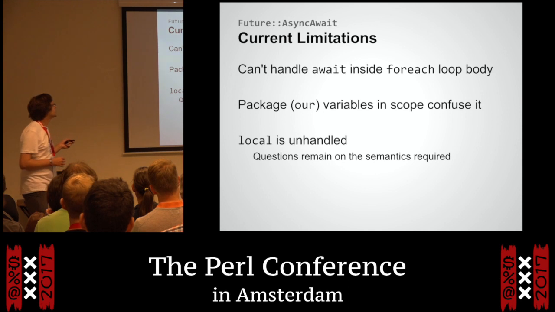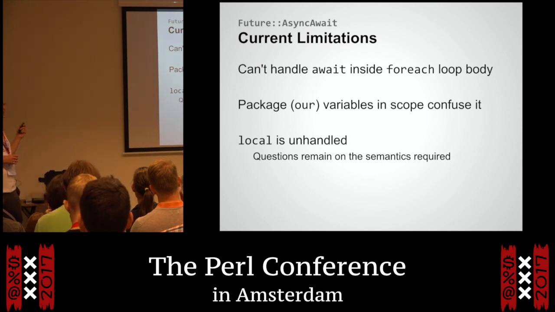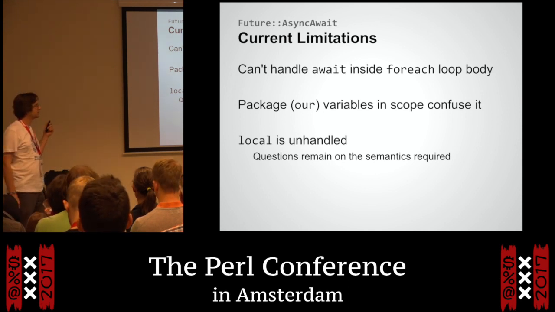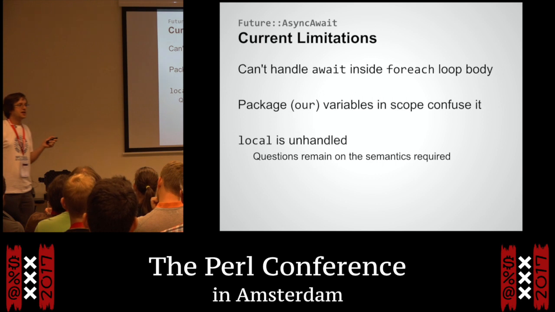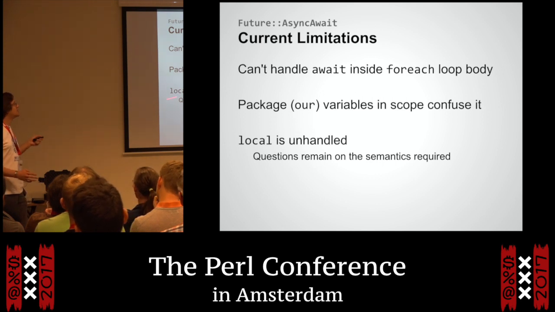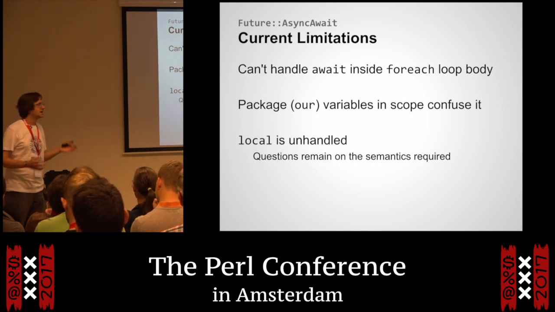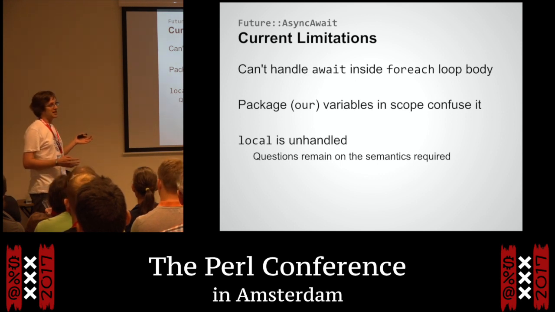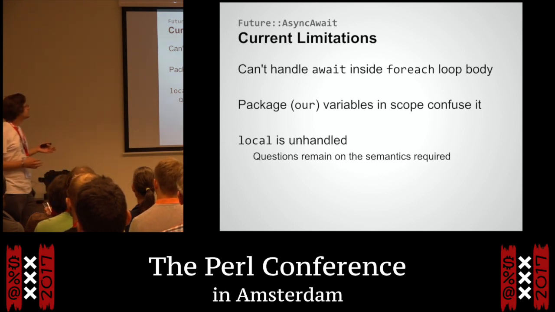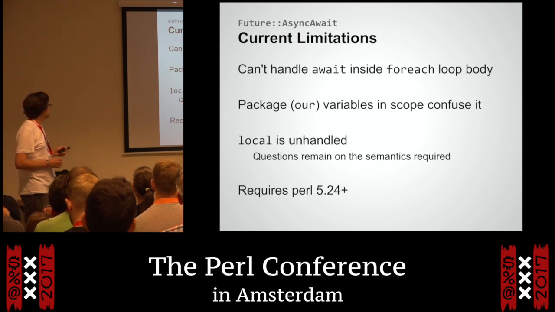Yeah, this one's a hard one because all of the other languages I mentioned, C#, JavaScript, and Python, don't have a concept of local. And so none of these languages has had the problem of what does local mean inside an async function. Whereas these are just, oh, I just have to fix the implementation, the semantics are obvious. This one here is, it's unclear what the semantics mean, and I'll get onto that in a bit.